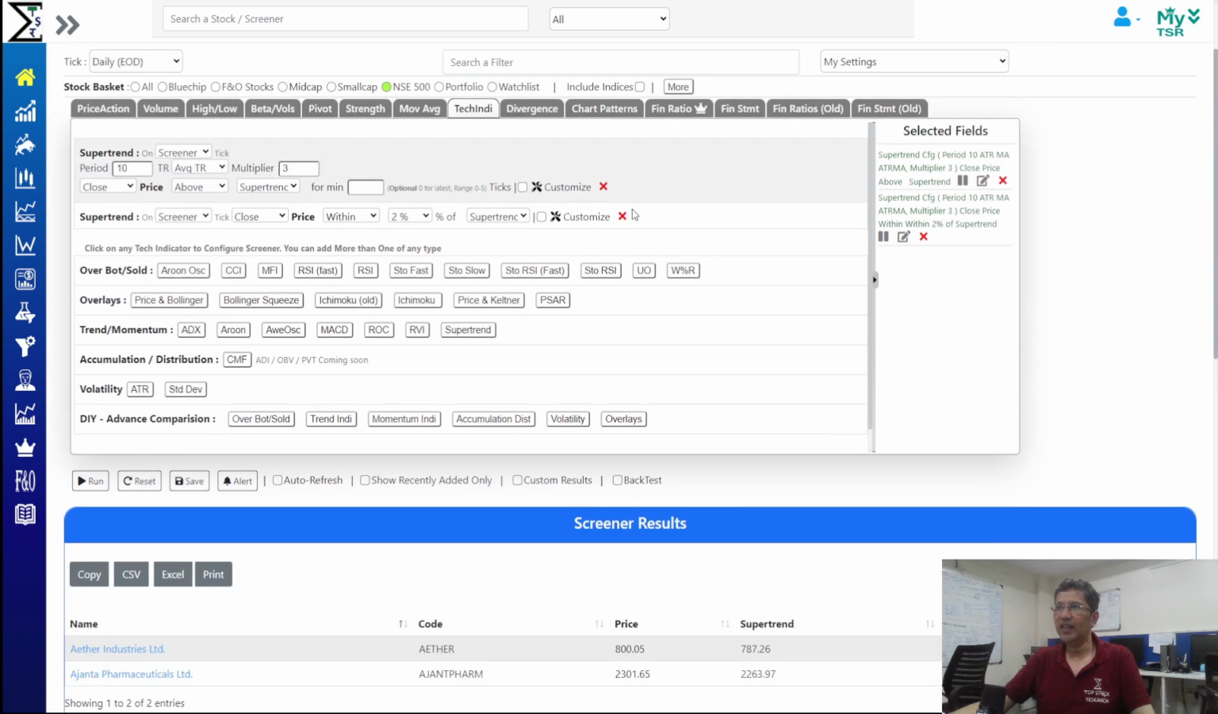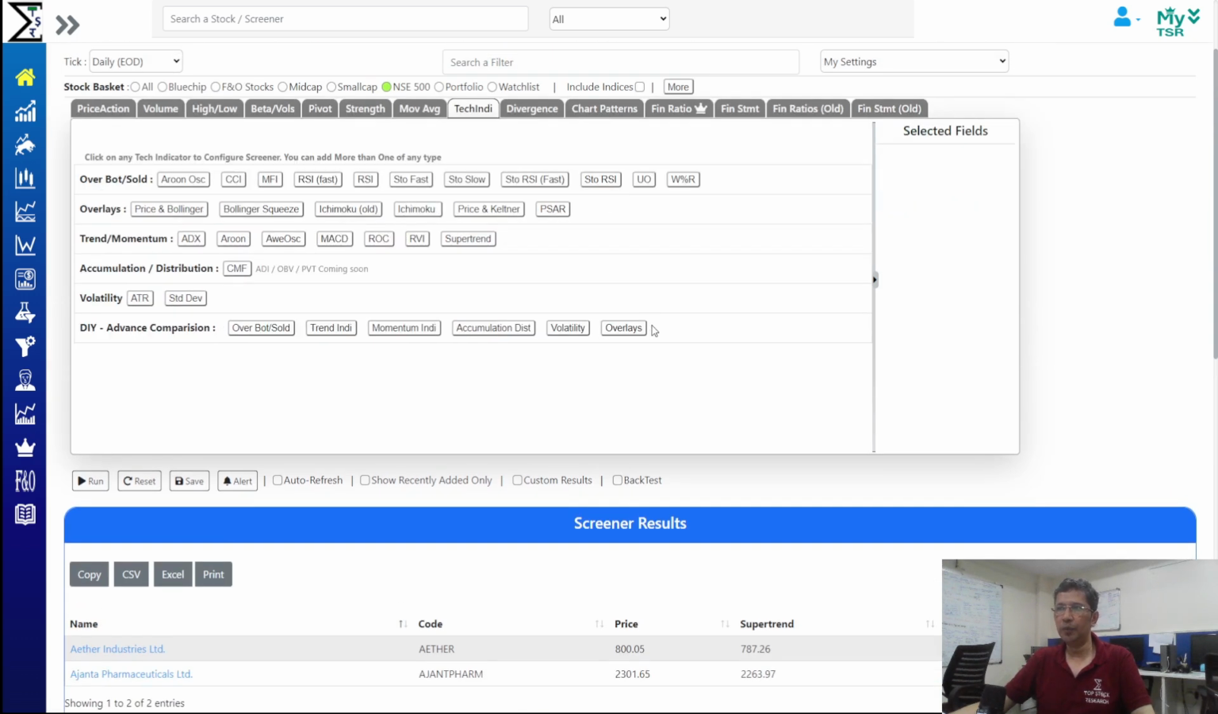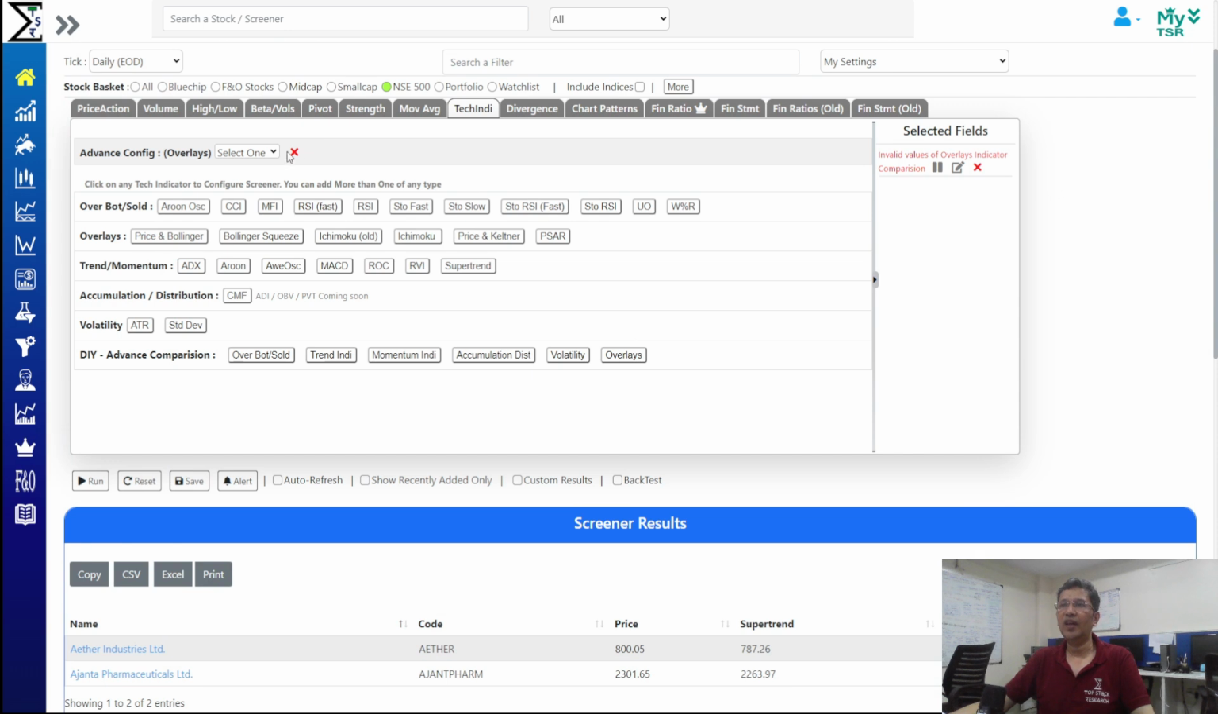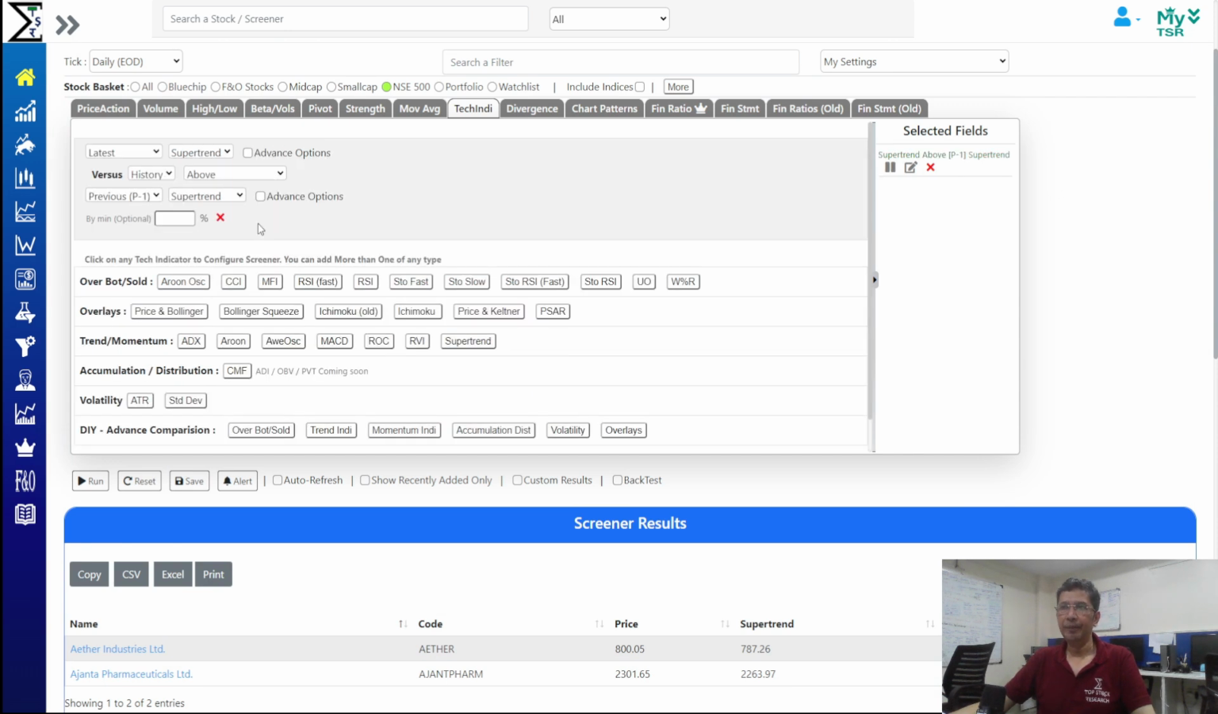Okay, so we have another feature where you can compare Supertrend with other overlays. For example, this is Supertrend. One of our users mentioned that he wanted a daily price to cross above weekly Supertrend, right? Similarly, you can compare Supertrend with Parabolic SAR or Keltner band or Bollinger band or other price range things. So what you can do is change Supertrend to, let's say, close price and latest close and crossing above